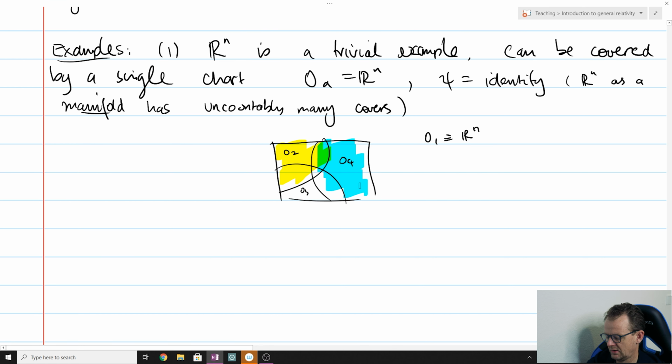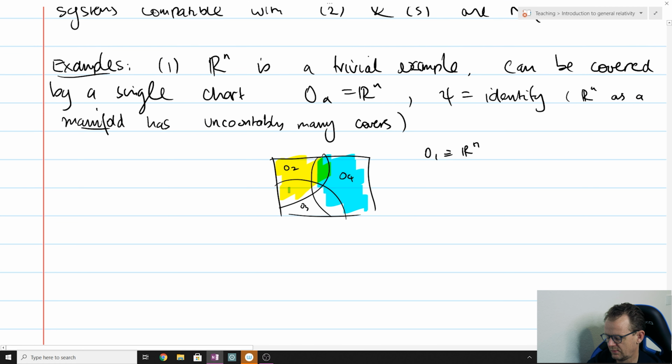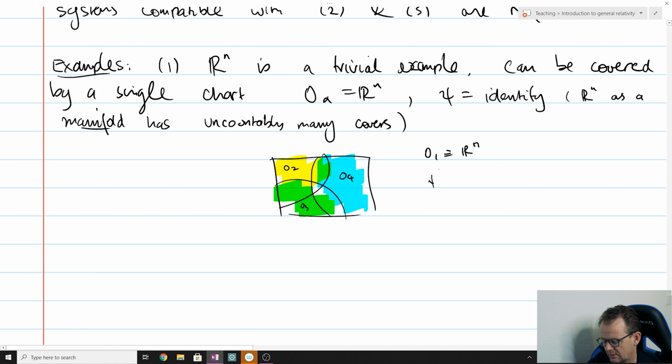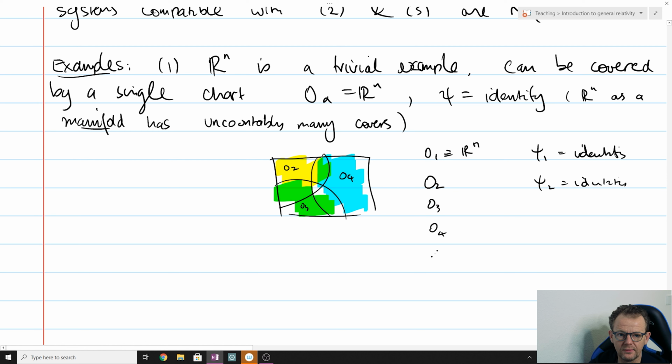O4 is this blue set here that goes off to infinity, and O3 is this green set here. It's also covered by those. And as long as we set up the chart, what chart should we use for O2? Well, the identity again, right? And so on, O3, O4, and then you can add any way of covering Rn with the corresponding identity chart. That is a compatible coordinate system, a compatible chart, so it must go in when you're thinking of Rn as a